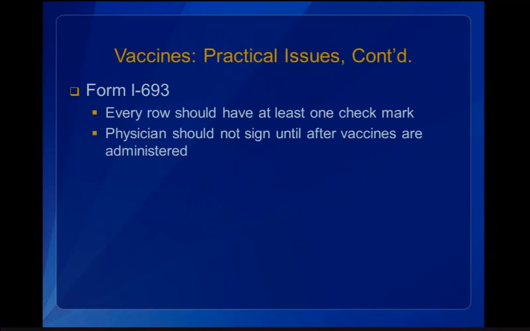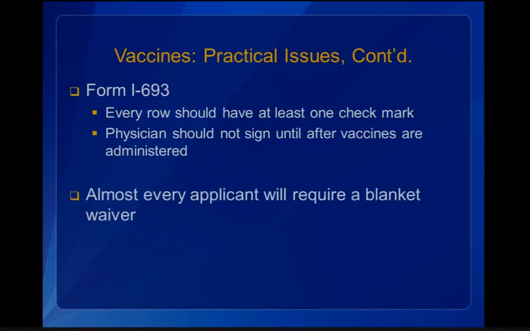On the form I-693, every row should have at least one check mark to say, yes, you administered it, or no, you couldn't because there was a contraindication. We'll go over the different columns and rows, but every row should have at least one check mark. And you shouldn't sign until after the vaccines are administered, because you don't know which ones are administered until